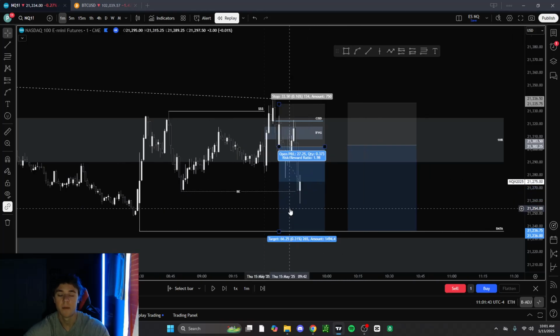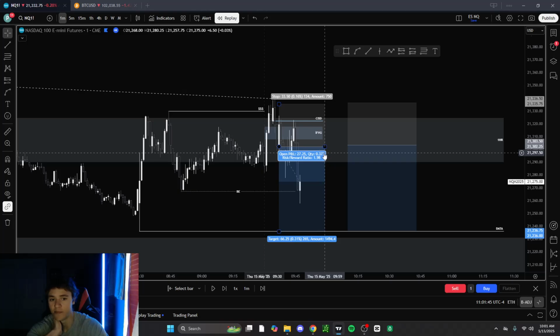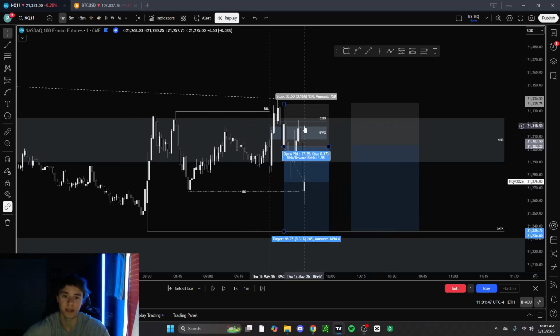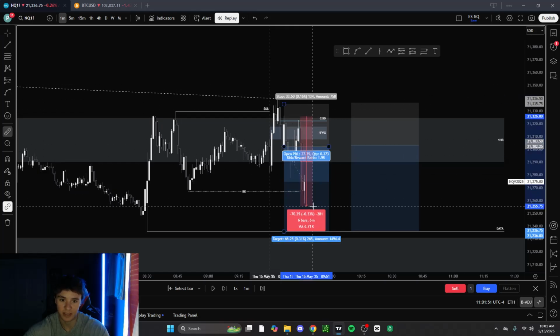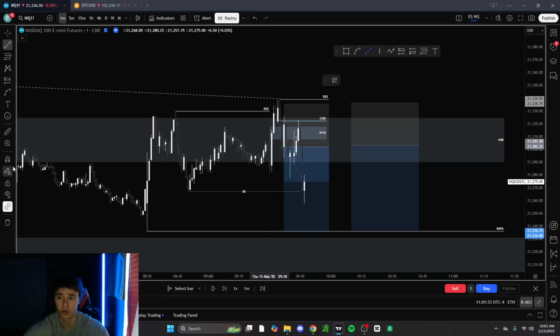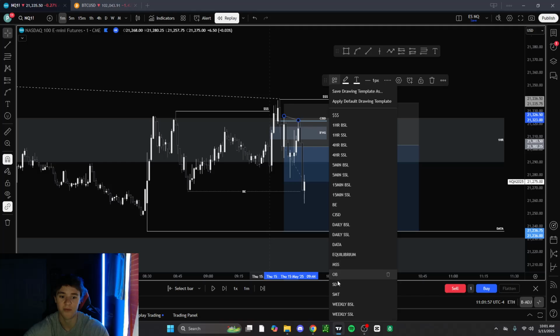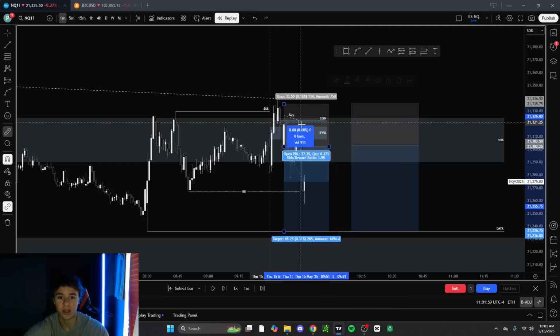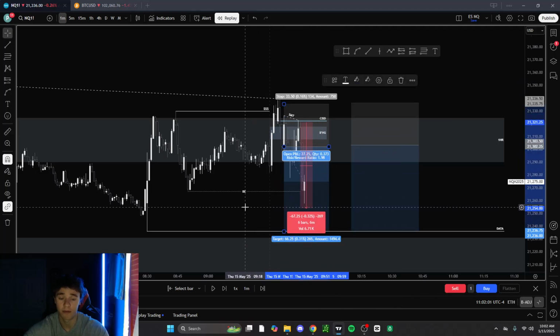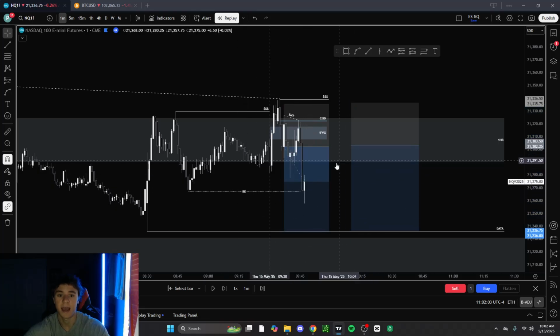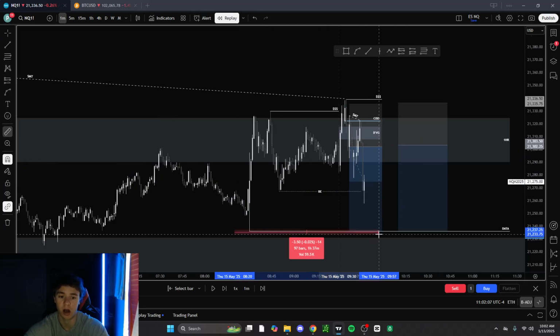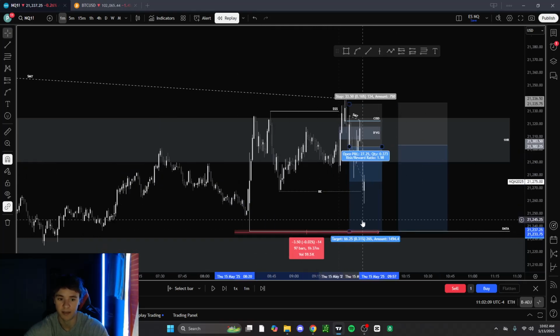We also ended up taking this internal low as well. But once this happens, and we get this big displacement candle, we also put in an internal SMT with ES. ES took this high, NQ didn't. So we have this internal SMT, and then we violently displace lower. Because of that, I'm like, okay, I feel super confident at this point that we're gonna come down and take this data low.